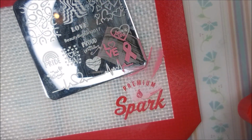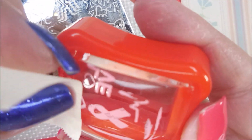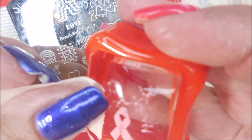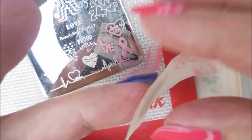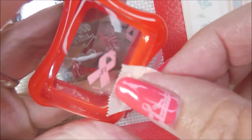Scrape and pick up. I've got a lot of extra to clean up with my tape here. And these newer Nicole Diary polishes, I don't know what they did to the formula, but they definitely are harder to clean up off the stamper now. I don't know if they've got more oil in them or what's the deal, but I just keep going at it,